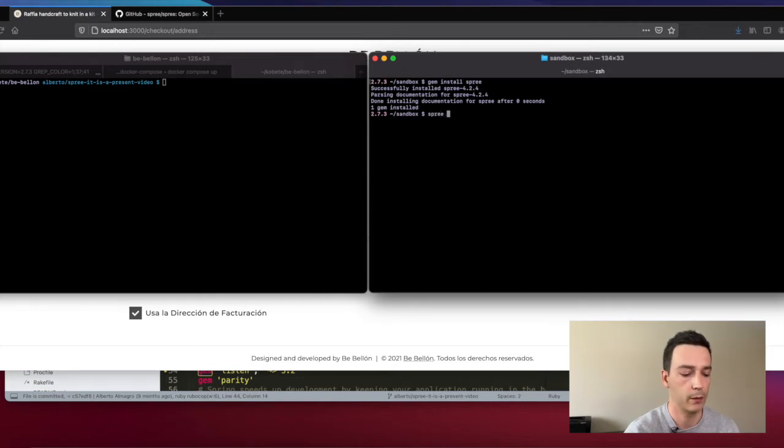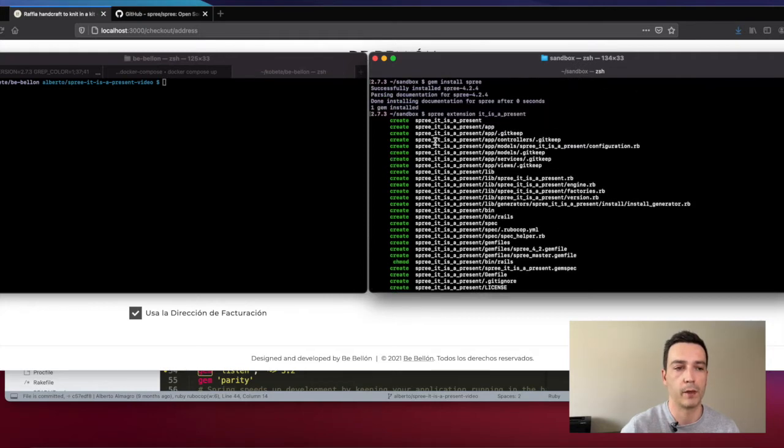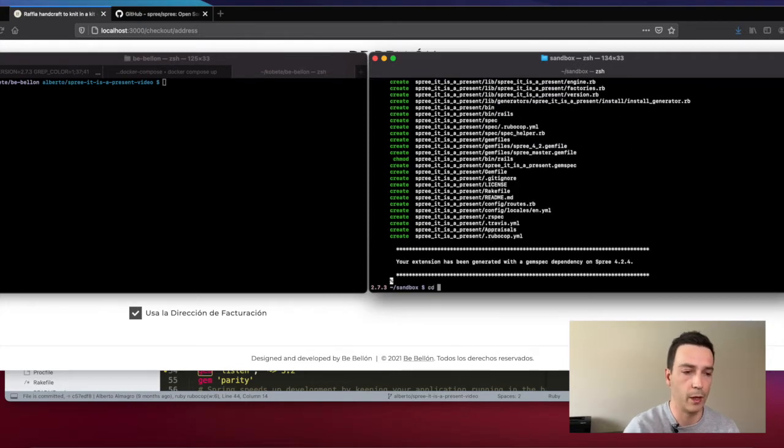So to run it, you would say spree extension and give the name for your extension. In my case, it's going to be it is a present, and as you can see, when you enter that, it adds spree underscore as a prefix for everything. So whenever you want to access this, you need to say spree it is a present,